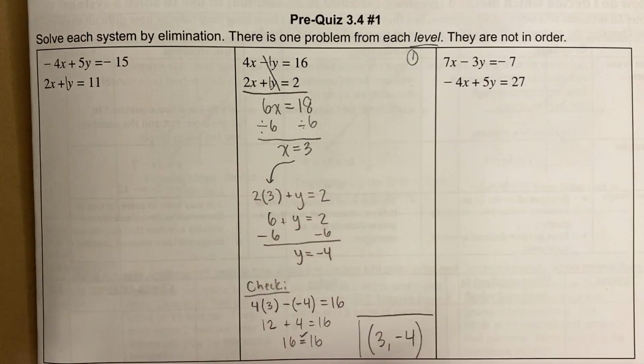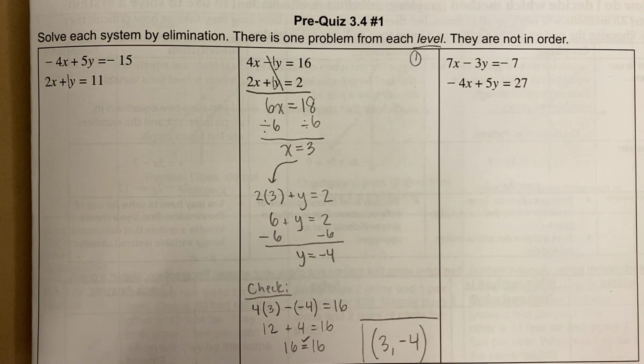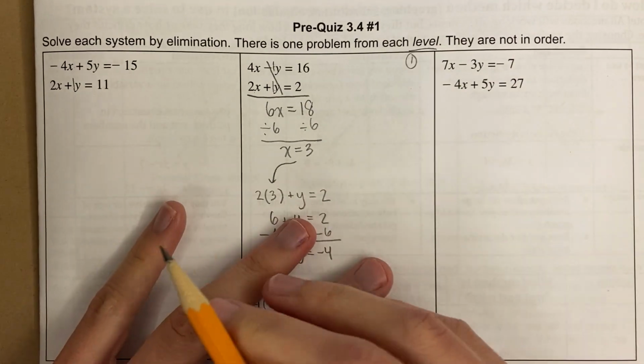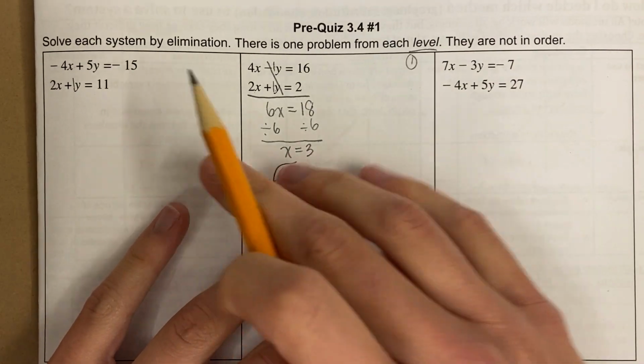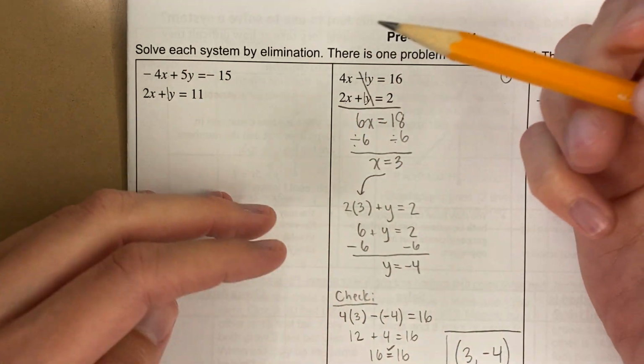Now, one of these is level 2, one of these is level 3. What does that mean? In one of these problems, I'm only going to have to multiply one of the equations, and in the other one, I'm going to have to multiply both equations. It turns out not really to matter too much which is which, so I'm going to just go ahead and work on this one. And what I noticed on this problem is something really awesome, which is that I have